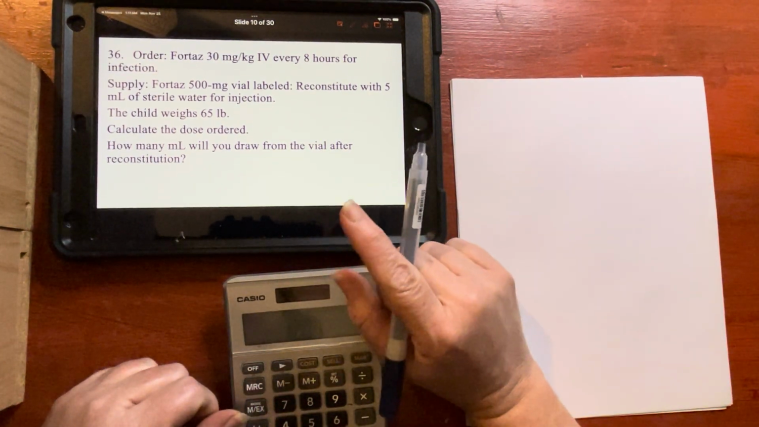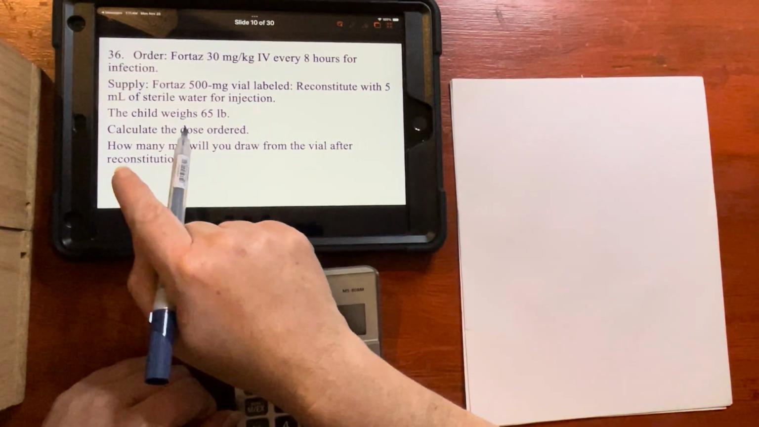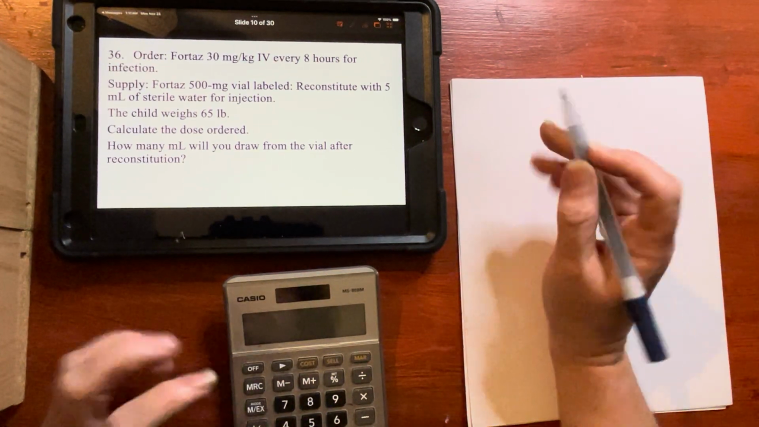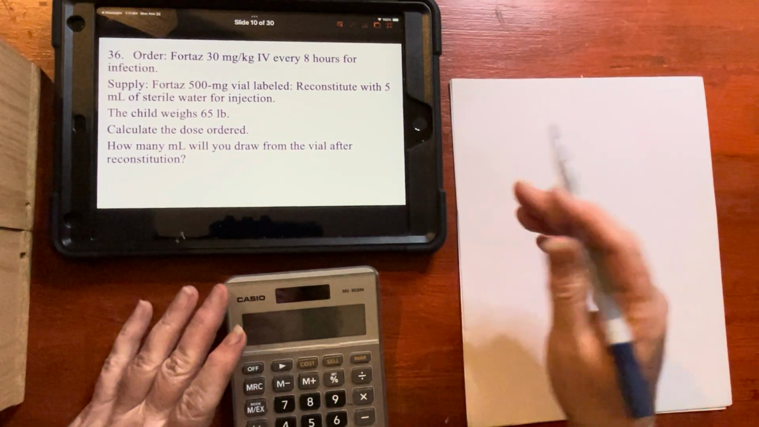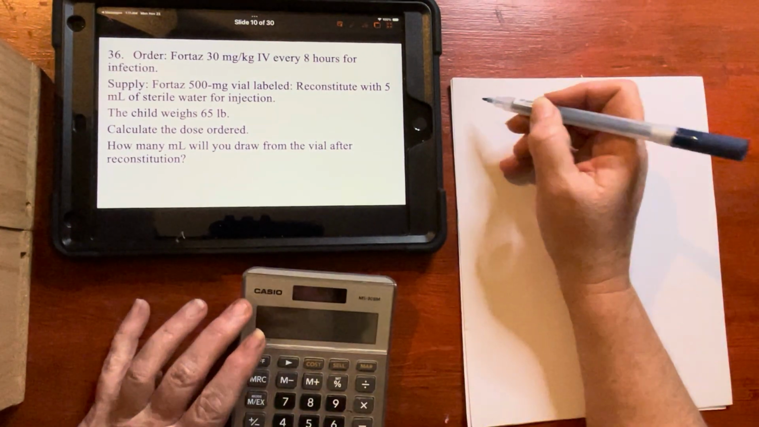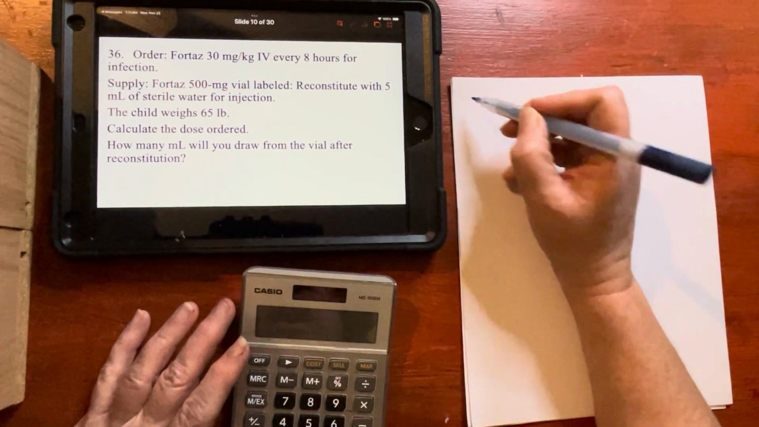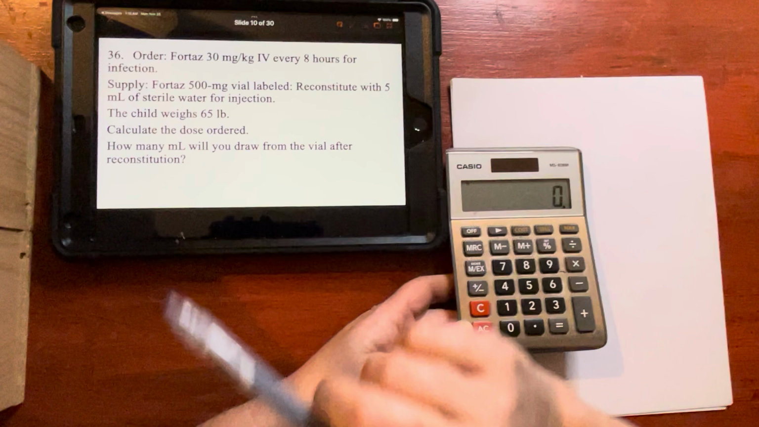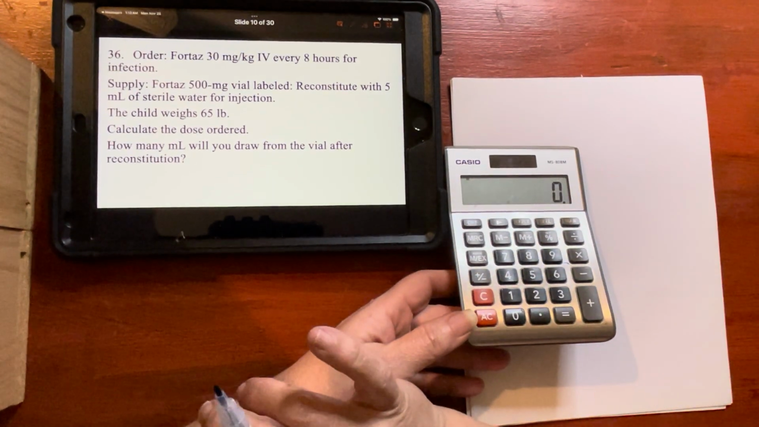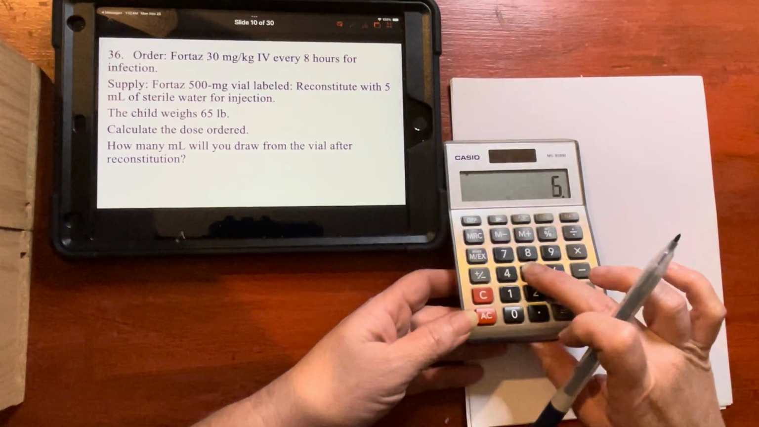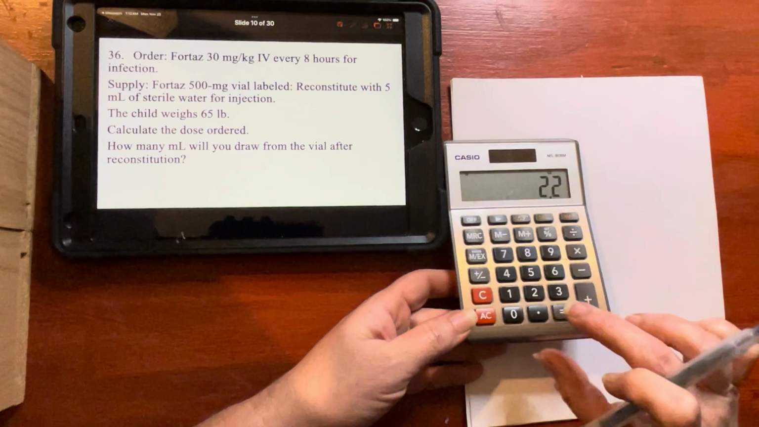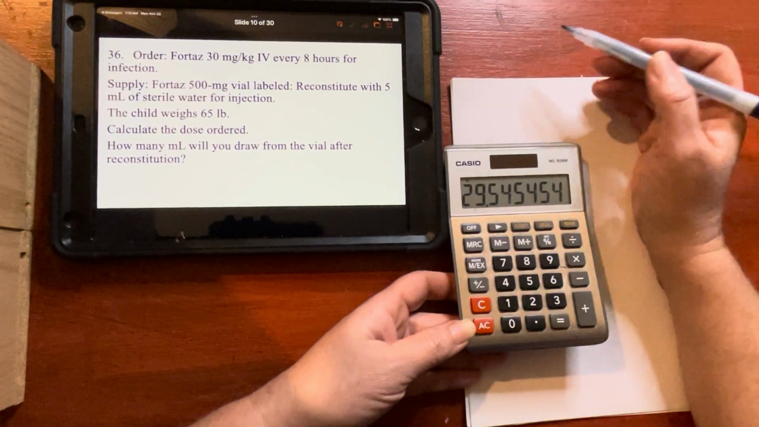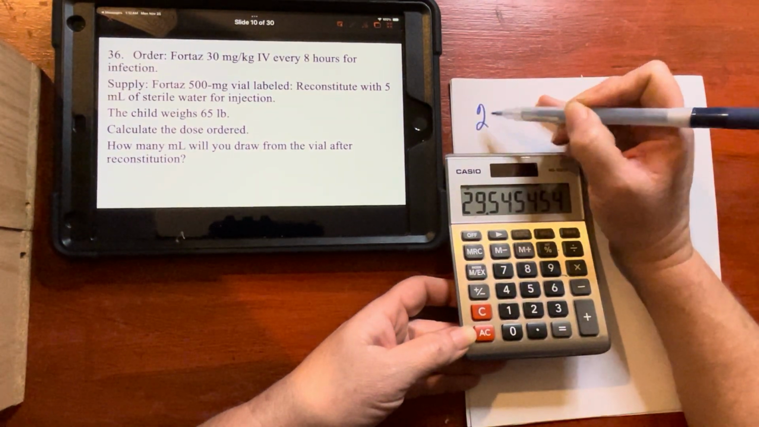The first thing we have to do is calculate that weight. We're going to take 65 pounds and divide it by 2.2. 65 divided by 2.2 equals. You see that? It says